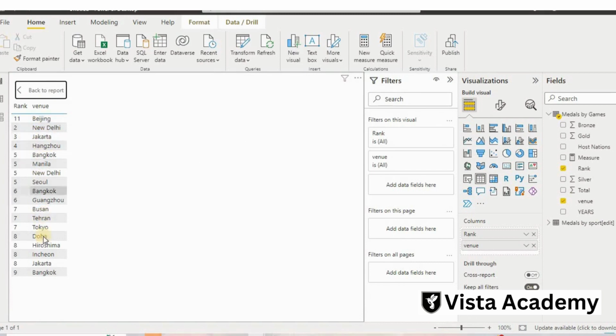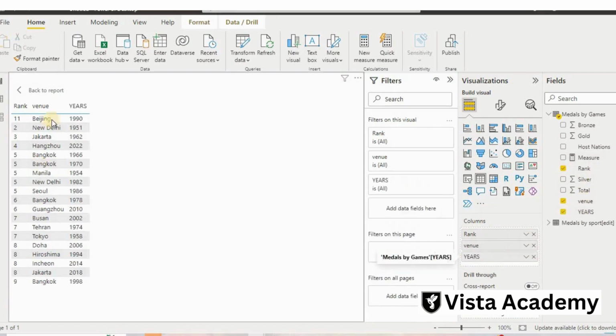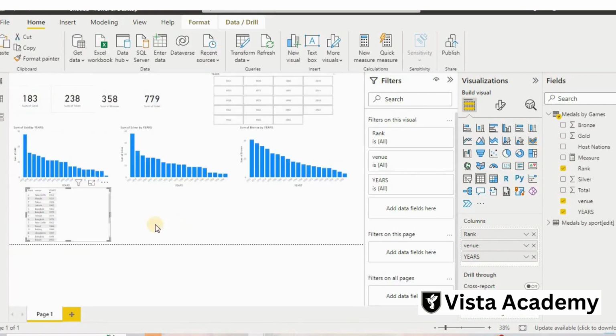So now we have a venue wise detail, like what will be our ranking as per the venue, and I also put the date, years also. So now it's more clear. Like year wise, if you put a filter here, right? So like we are the 4th rank in 2022, 8th rank. So we are getting a good rank here. So India in Asian games is doing well.